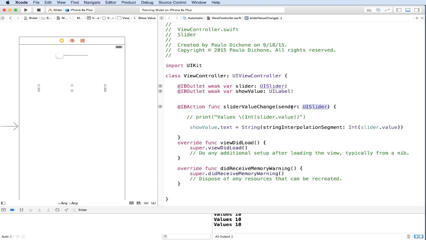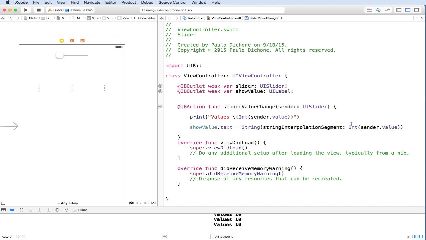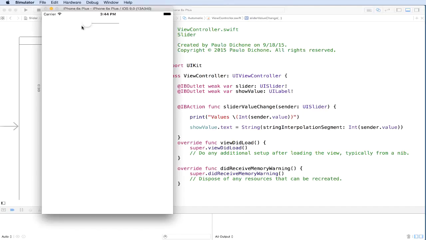So if this sender here, which has been passed inside of our function here, is of type slider, this type slider obviously is this slider here, which coincidentally is the whole slider that we put in our storyboard. So we can infer, we can actually get the same value from slider, which we're using slider.value. We could actually just say sender.value and change it here to sender.value. Let's see if that's gonna work.